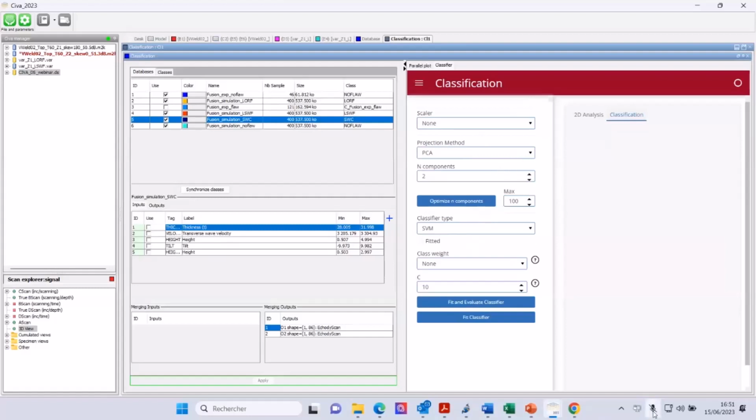Mute again. Okay, I was mute again. So you have the different options here for the different parameters. For the scaler, it is a kind of automatic calibration, by normalizing values according to the max or to the min max. So we have different options here. The projection method, so PCA or UMAP. And so here we'll keep the default result and we click on optimize components.